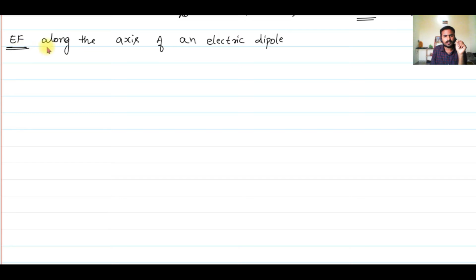Very important. Electric field along the axis of a dipole. You can say electric field along the axis of an electric dipole. Now, whenever you have a derivation, you will have to draw a diagram and explain a